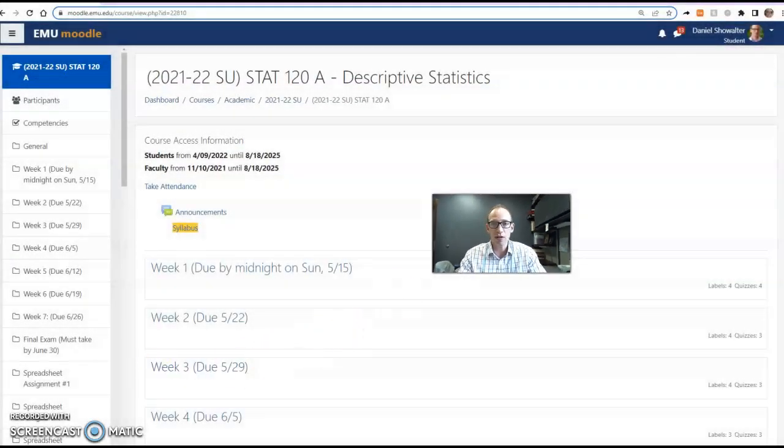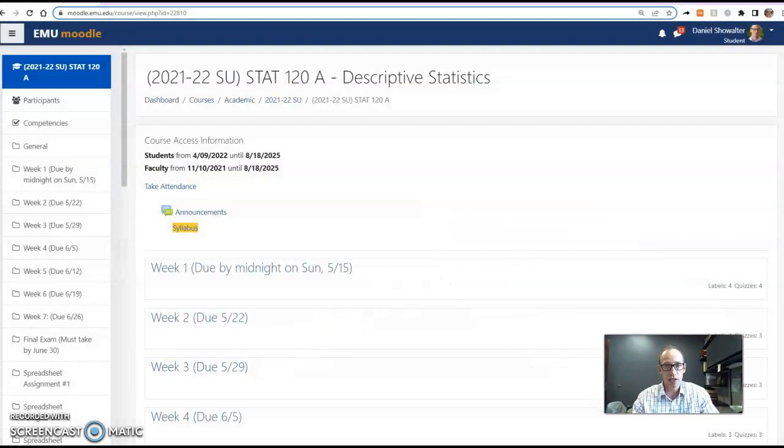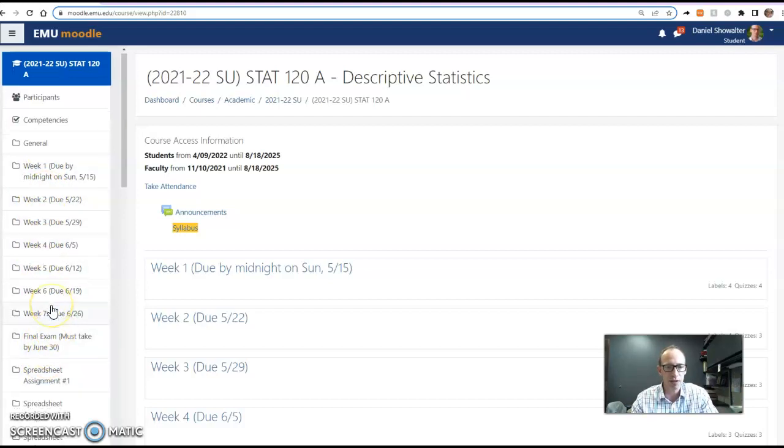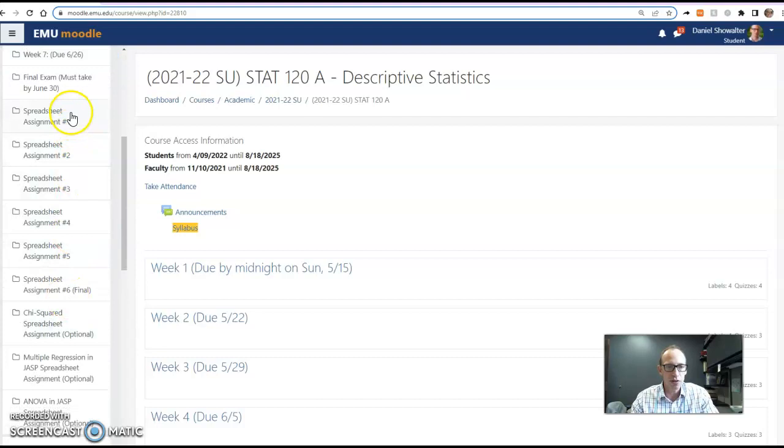So everything will be on our Moodle page. That's where you should always go as your home page. On the left here, you see we have the 7 weeks and then the final exam. Week 7 really isn't anything except telling you to review the previous ones. So really there's 6 weeks of content and then the final exam. Below those, you'll see